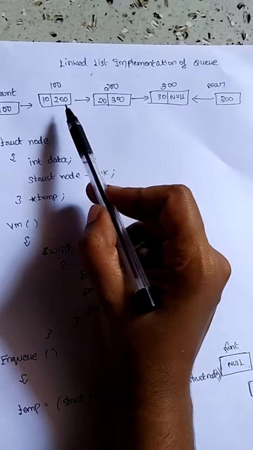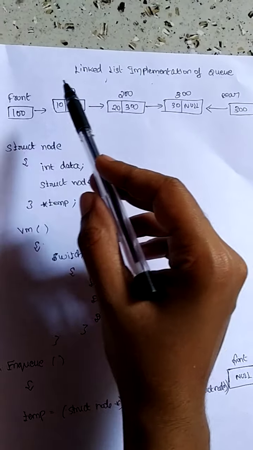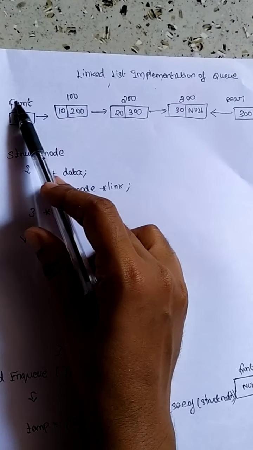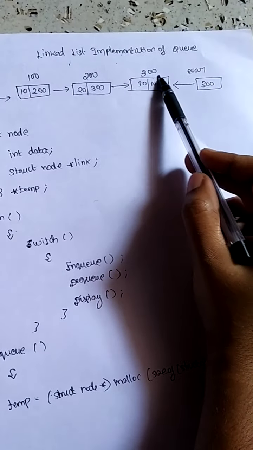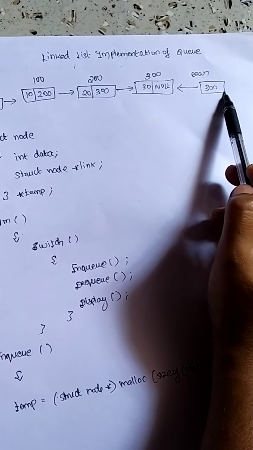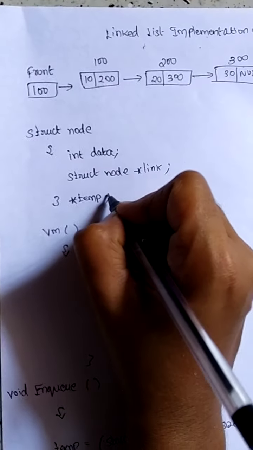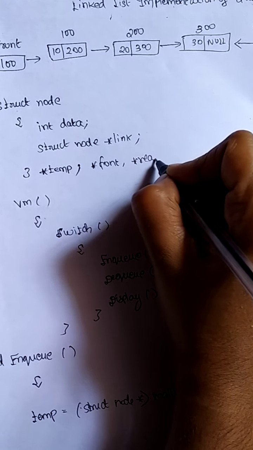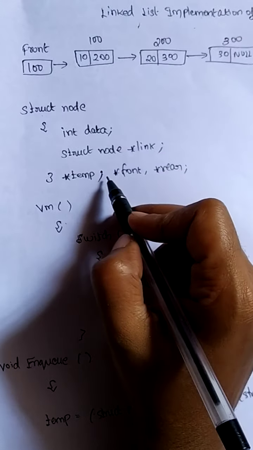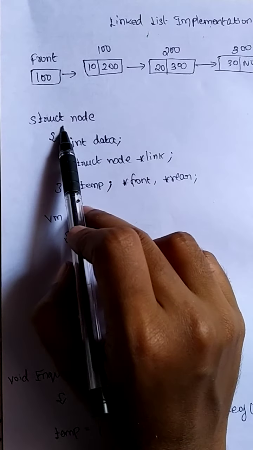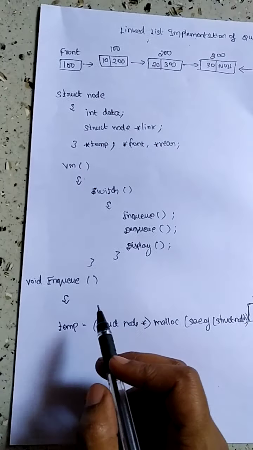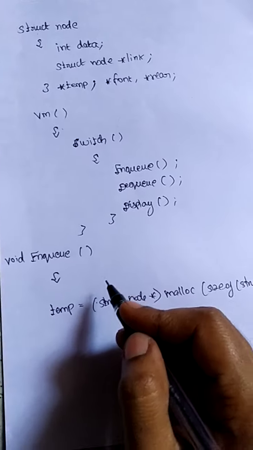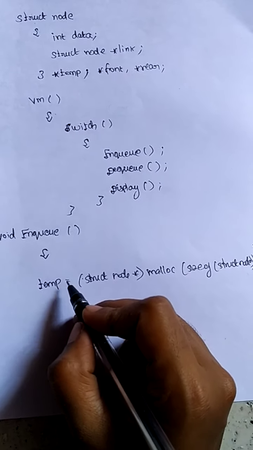In a queue, normally if you are implementing using linked list, the first node's address will be held by the front pointer, and the last node's address will be held by the rear pointer. So you just create two pointers here, star front and star rear. These two pointers are capable of holding the address of a structure. Now for the enqueue operation, what you have to do first, I have to create a temporary variable because